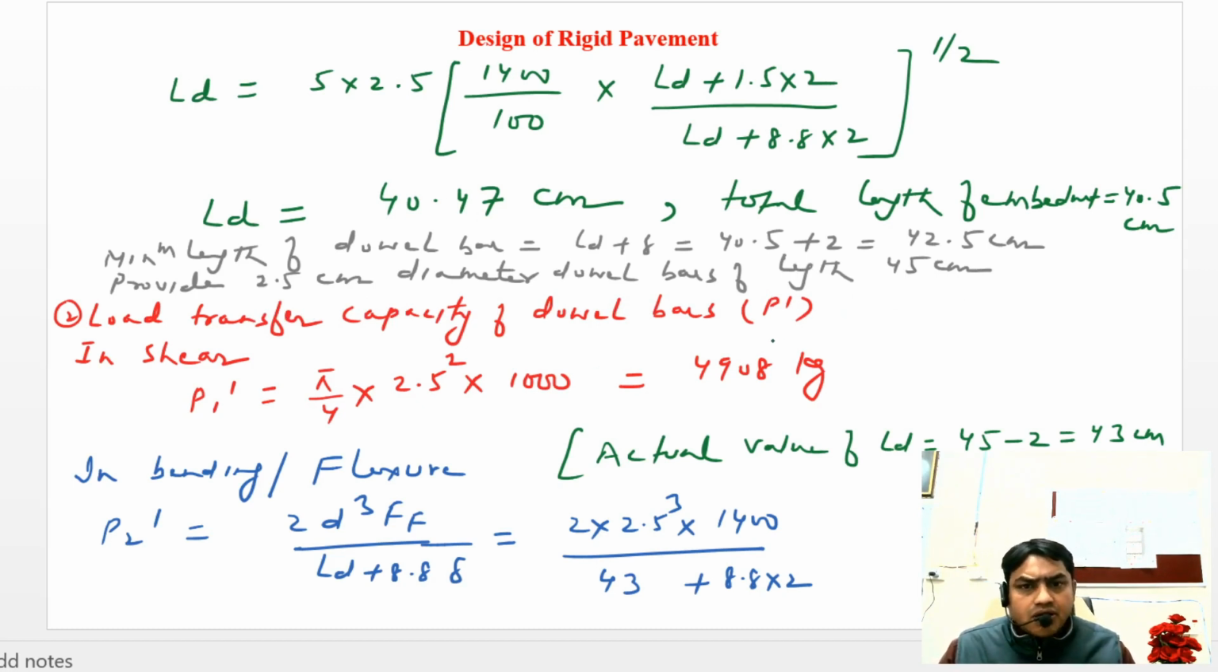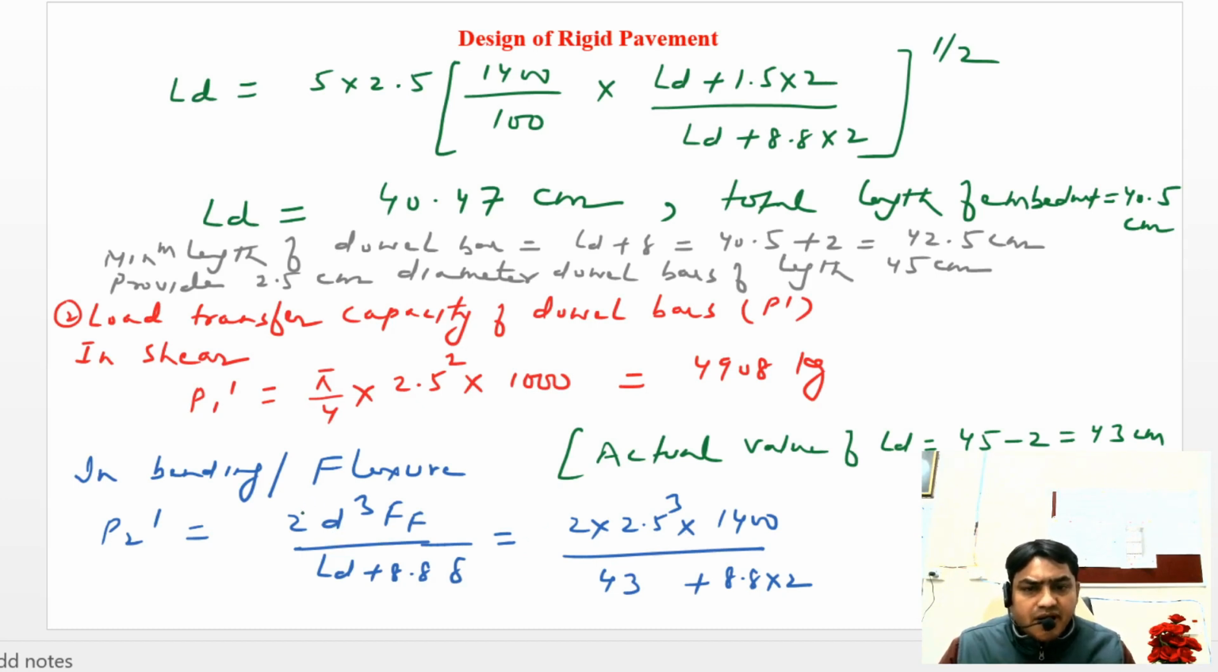As I told you, the load carrying capacity of the dowel bar is the minimum of the load transfer capacity computed in shear, bending or flexure, and in bearing. So in shear we can compute pi by 4 into d square into Fs. So Fs is given, and diameter we have assumed 2.5 centimeter, so it is coming 4908 kg. Similarly, in bending and flexure, P2 dash can be computed by this expression, and the actual length of dowel bar is 45 minus delta, that is 2 centimeter, so it is 43 centimeter. So with this LD 43 centimeter, Ff given, and diameter 2.5 centimeter,